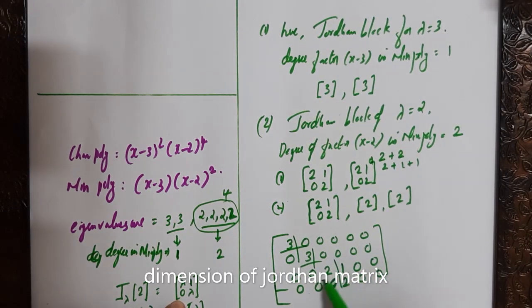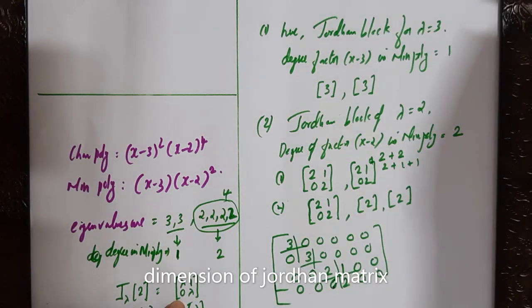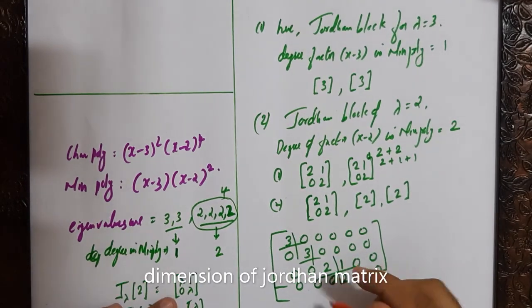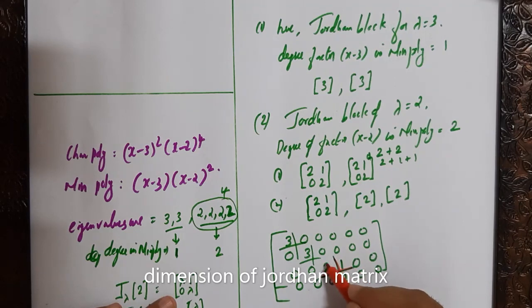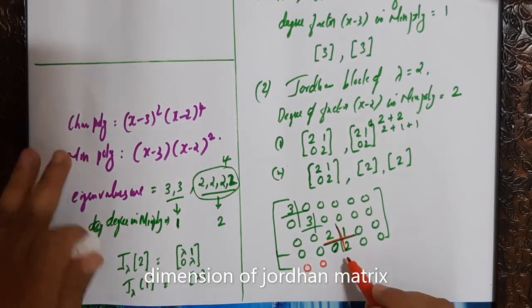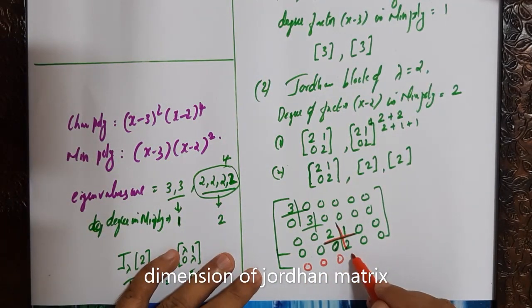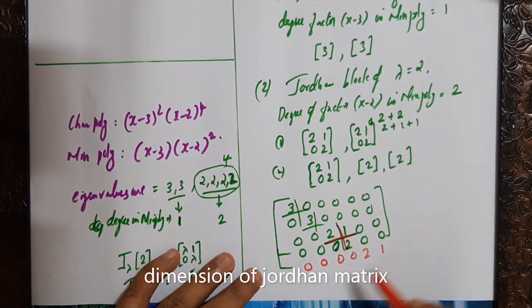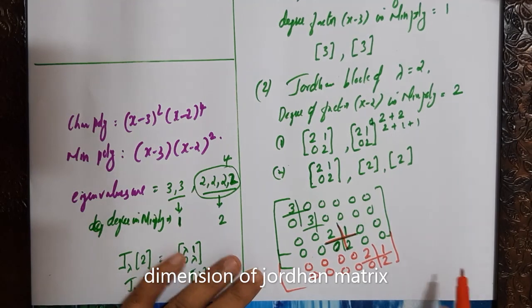So this is a block of 2. Block of 2. And there is 0, 0, 0, 0, 2, 1, 0, 0, 0, 0, 0, 2. So this matrix is first,